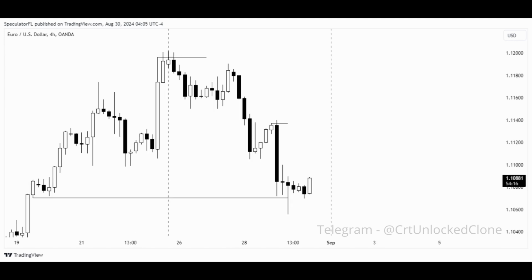So on the 4 hour, you can see that we started off the weekly candle right here with the Monday price action taking out the weekly CRT high and purging it and testing the key level, right? So based on that factor, we would have expected price to expand lower the rest of the week, and you can see that it actually did that, right? We started off with the order block sequence with this order block entry right here, and then we expanded lower